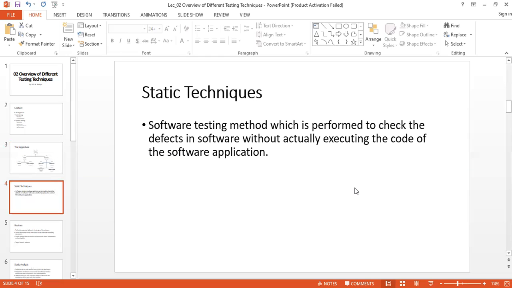Static techniques are basically a set of software testing methods which try to identify defects without running or executing the software application or the code.